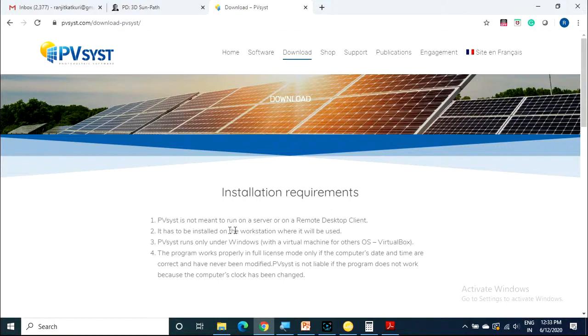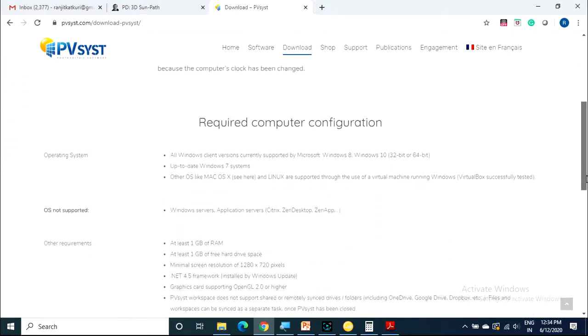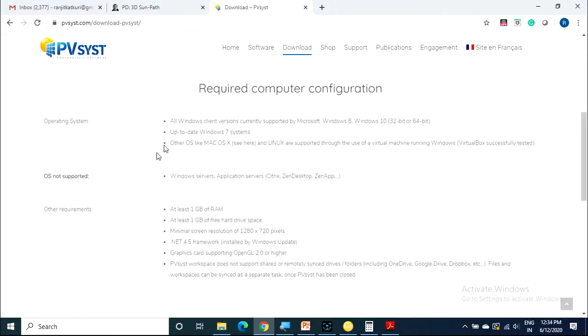These are the installation requirements. Only if these requirements are satisfied, this is the required computer configuration. You can find the required computer configuration on the PVSyst website. If this computer configuration is met, then only it will work.